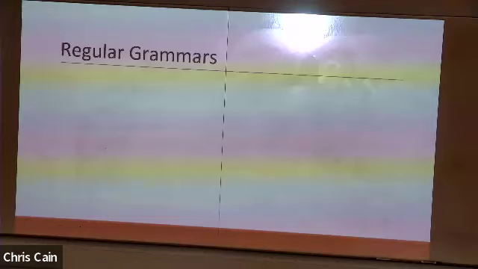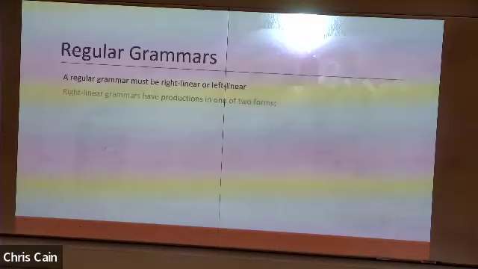All right, so regular grammars are going to have additional restrictions placed on them other than the rules that we've already learned about. That's because regular languages are more specific than you can just generally put together with the rules in the grammar. So we're going to specify one of two ways we can construct a grammar: either right linear or left linear. So a right linear grammar has two possible production types. The first,